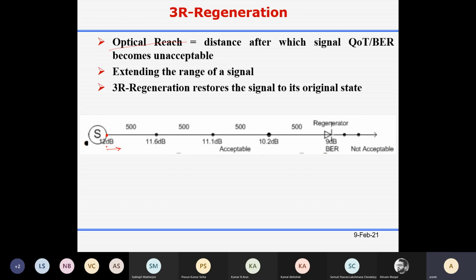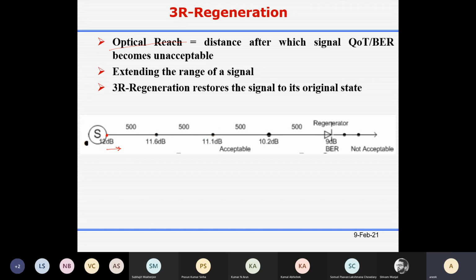If you try to set up a light path from this node, initially the error rate... basically it is showing maybe the signal power. But it is a 12 dB value, so it is not the signal power. It's the signal to noise ratio they are showing. The signal to noise ratio is 12 dB. Then you cover 500 kilometers, and then it reduces.